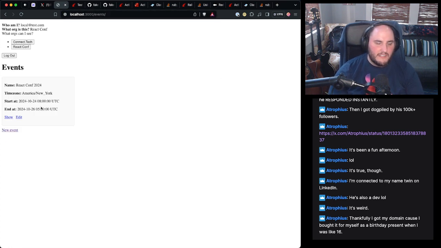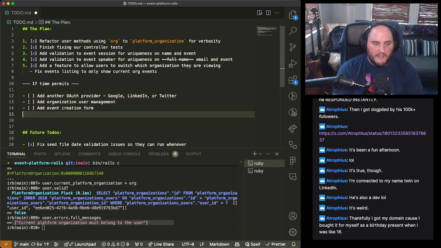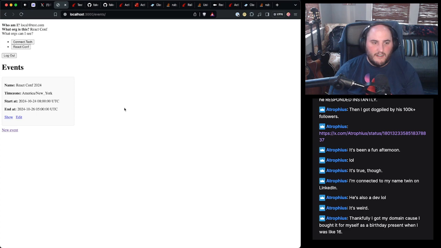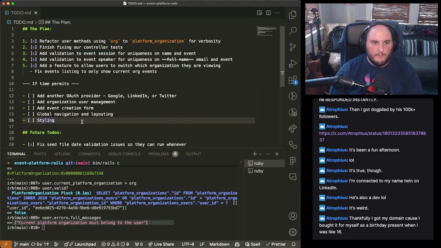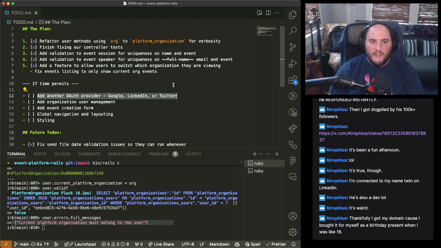Things we probably should also do. Here, we'll switch these to bullets, right? Next time we could probably talk about global navigation and layouting, because that's something I'm totally missing. We could start talking about styling and actually doing it. There are a lot of little itty bitty things we could do. Having more OAuth, more user information, and actually trying to make this thing start looking nice will be important. And again, we can come back to test coverage and all that.